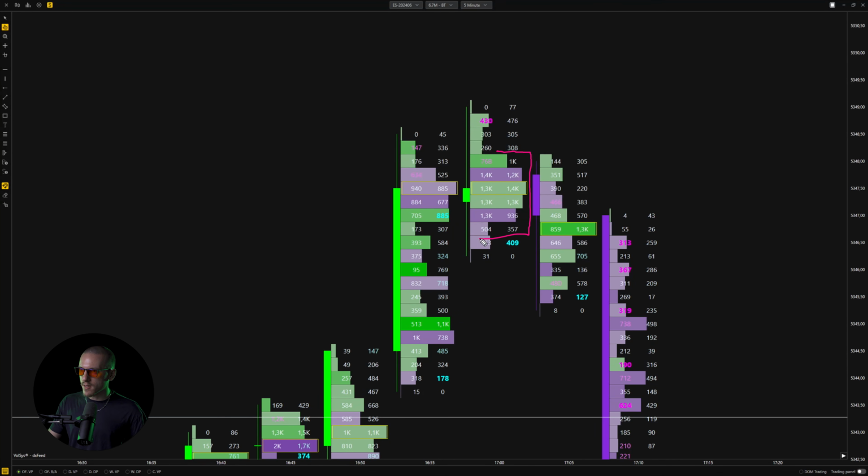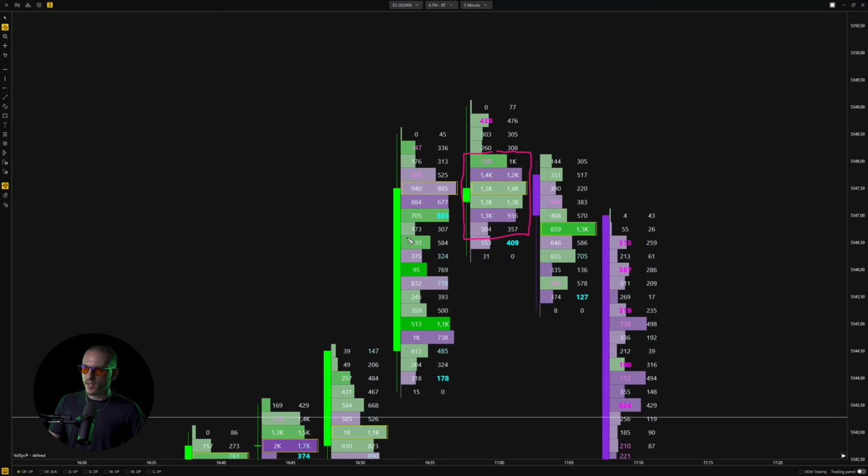Then I want to see this, a big war between big fishes. This is not hunting for retail stop losses. This is a war between huge market participants, HFTs, hedge funds. There's a lot of stuff going on over here. The last part of this absorption phase ends exactly here, where after the first seller aggression, we try to tap